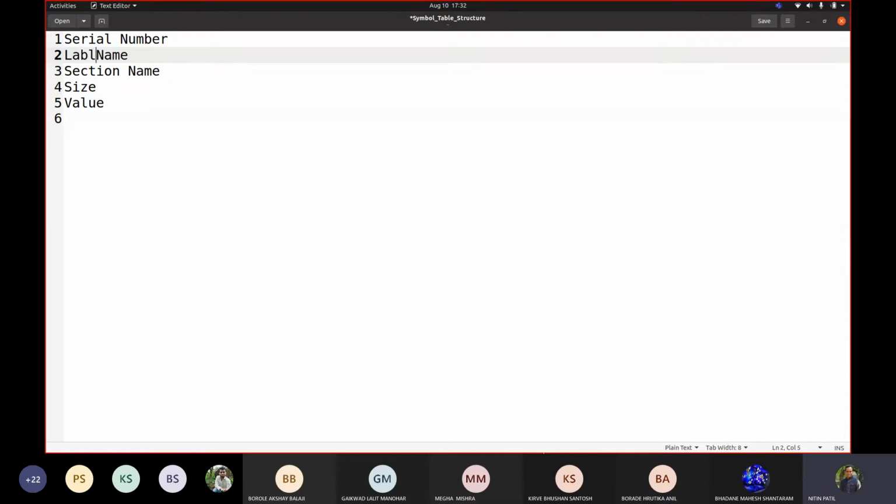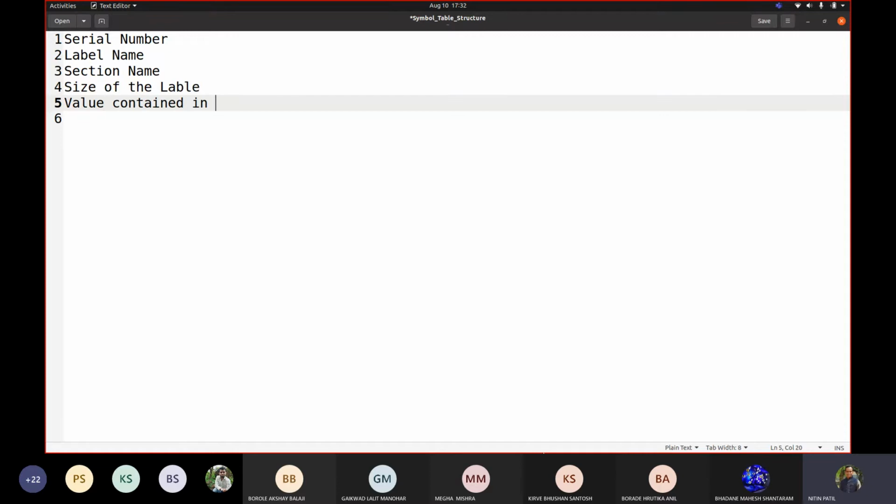Label name, section name, size of the label and value contained by the label. Yes.